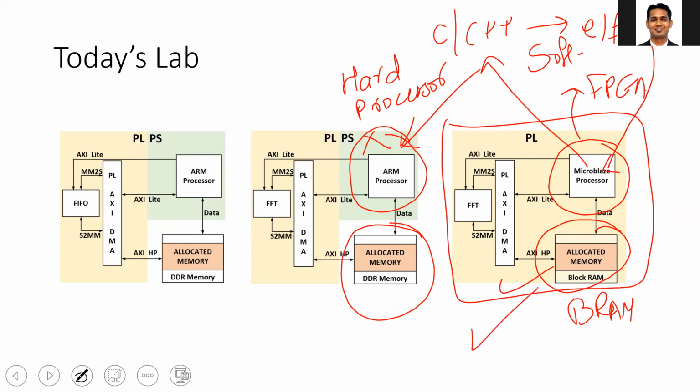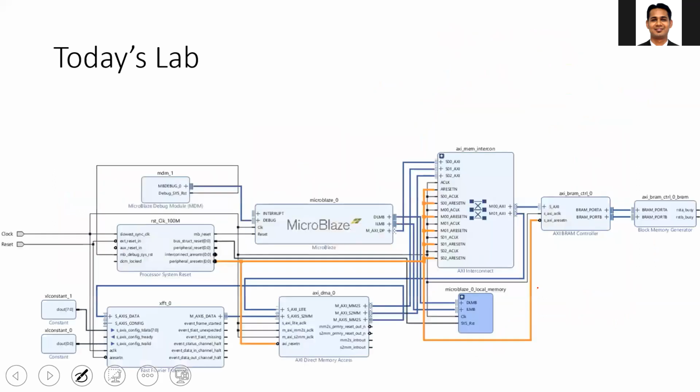The advantage of this method is that you can emulate your design at home without the need of access to the FPGA board. And this will take care of issues during your exam. Also in the future, when you move to a complex design, you can first emulate your design on the MicroBlaze and test it before going into the ARM-based system. But as discussed in the theory, the MicroBlaze system will be slower. It will offer lower throughput than the ARM-based SoC, because of the operating speed of the PL compared to the PS.